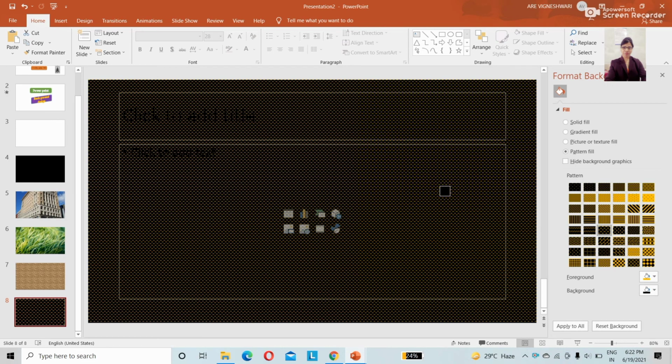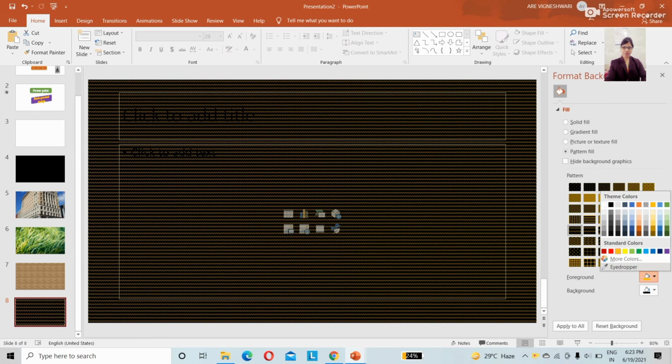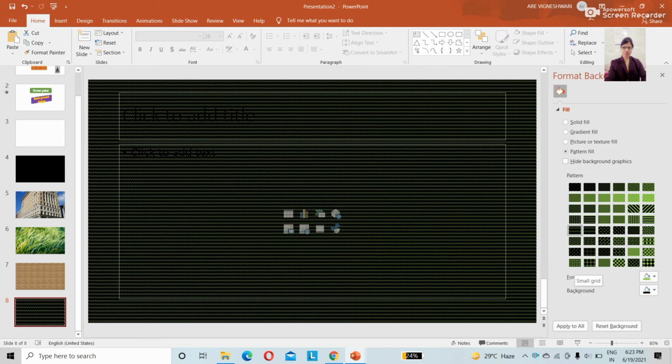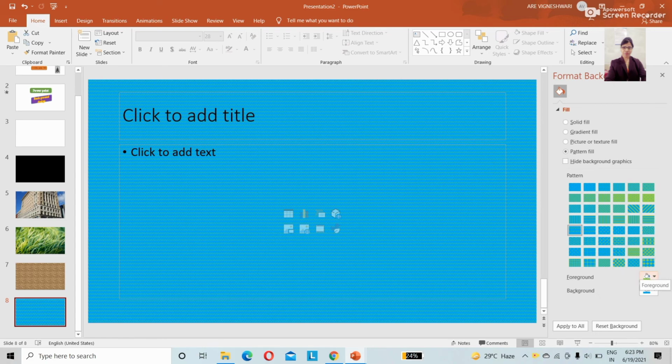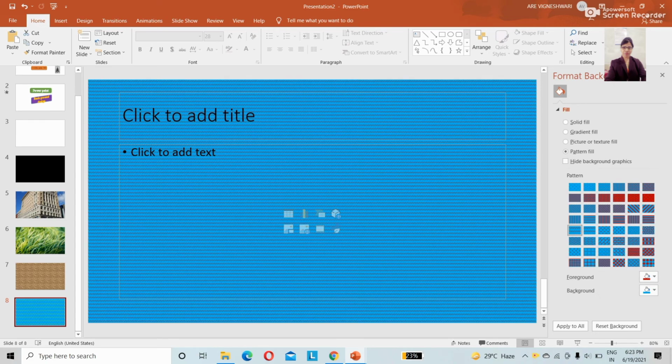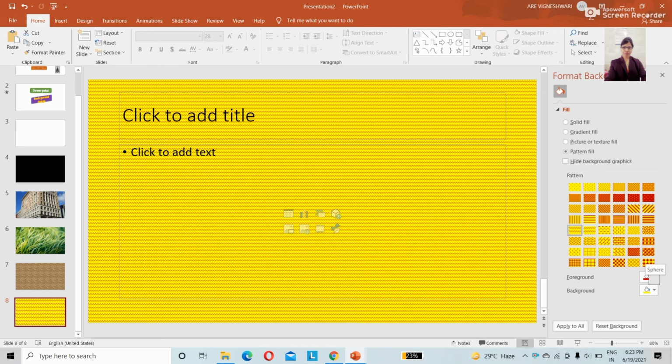You can change the colors of these patterns also. Foreground, background, that also you can change. See. If I have maroon, the background is blue and the foreground is maroon. Like this you can change the different colors.